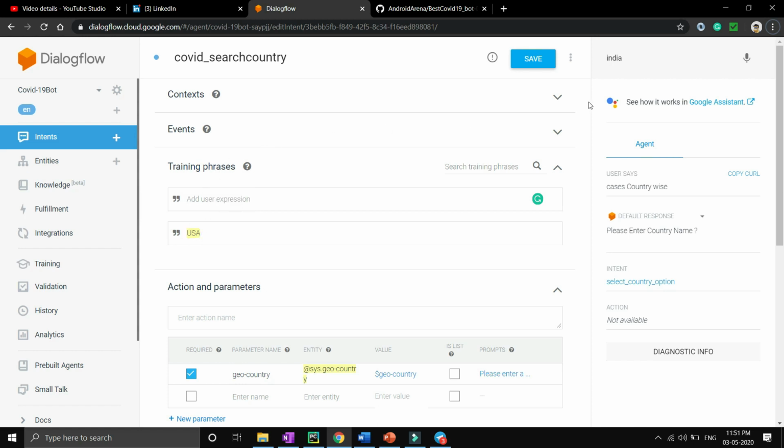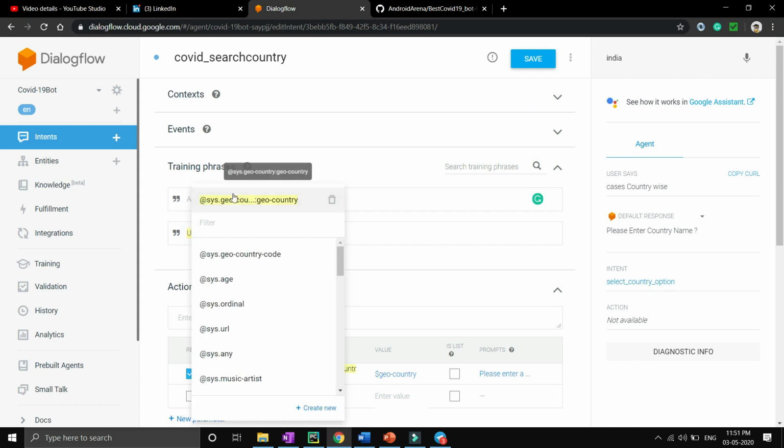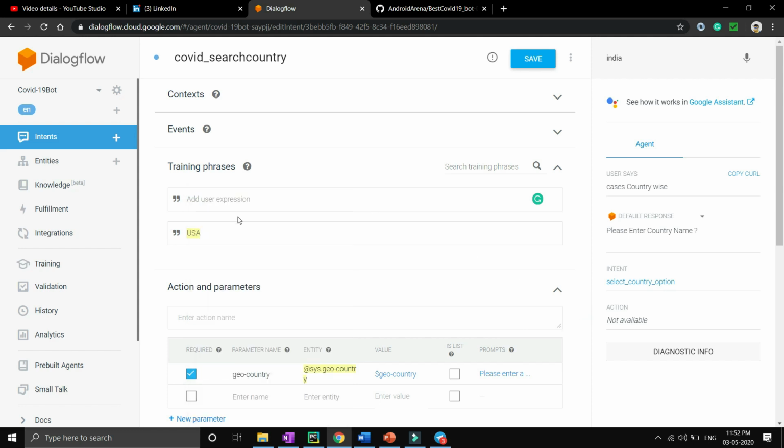So as soon as the user enters India as a query text, Dialogflow will be able to match the intent with this, but here I have entered the USA. So how will Google Dialogflow be able to match the intent? It is just because of an entity, because Dialogflow provides us different types of entities like name, email, phone number, etc., so that we can extract the information the user has actually entered.